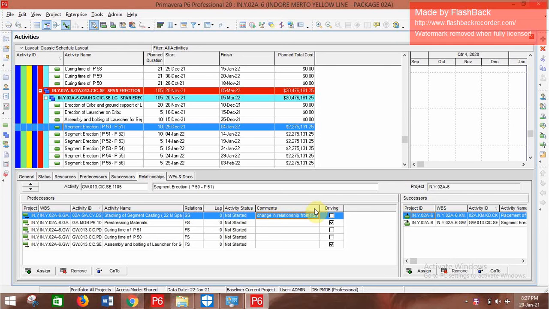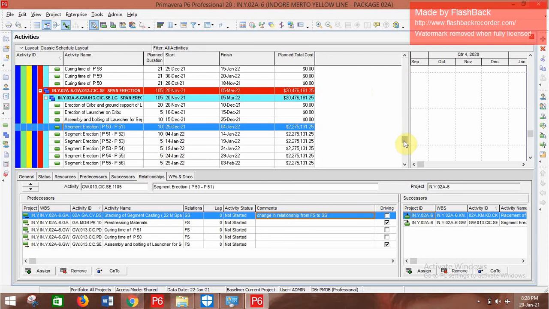Now you can see your comment has been registered. Previously, when you changed a relationship, we needed to maintain a log, but now whenever you change a relationship you can add this type of comment.